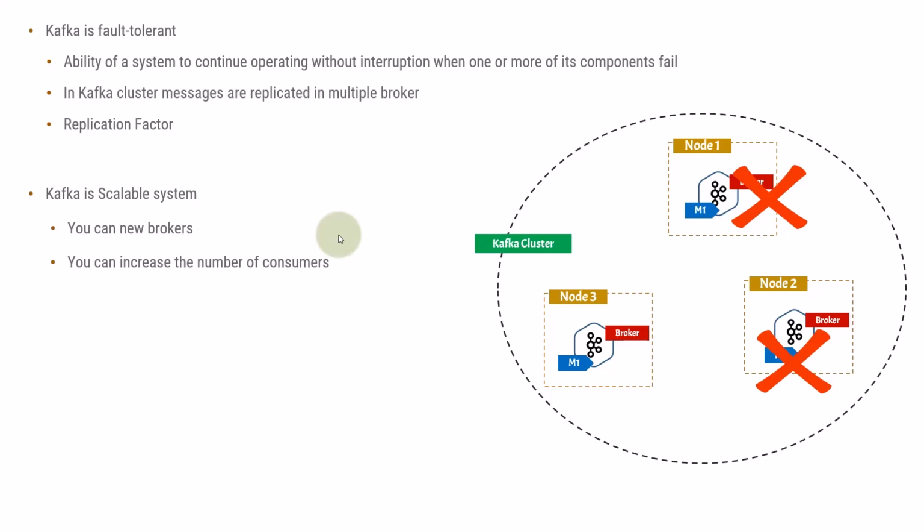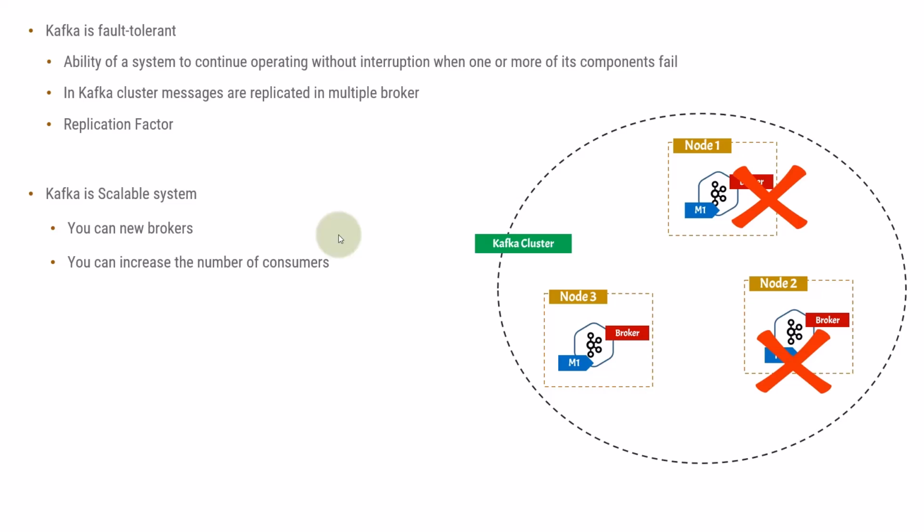You have a fault tolerant system. It is a distributed system. It acts as a messaging queue. You can rely your event-driven architecture on Kafka, and guess what? You can have 1 million requests per second. So you can have 1 million message transfers per second in a Kafka cluster. So this is the throughput, or the output, of a Kafka cluster.